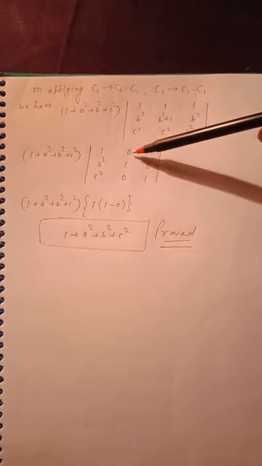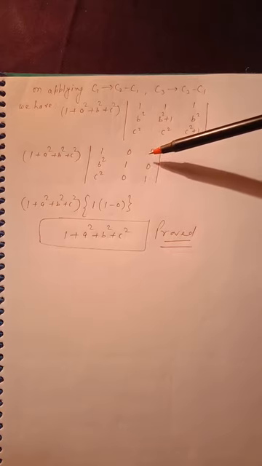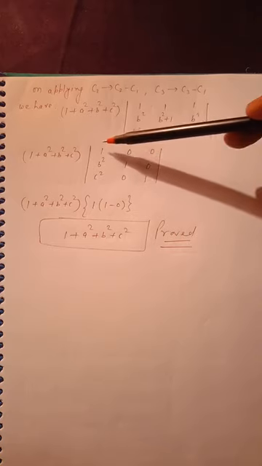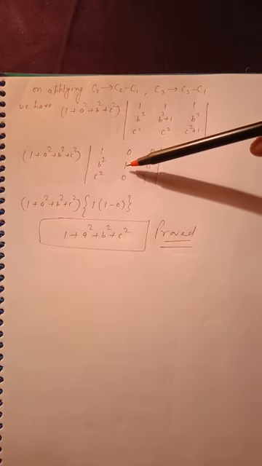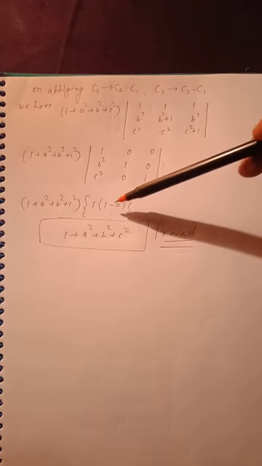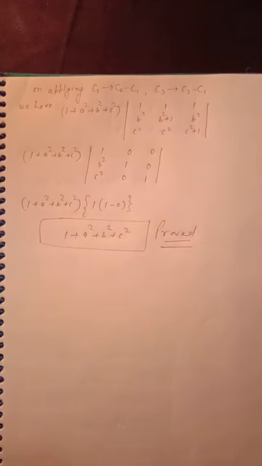So these two zeros are present, so I am expanding this determinant along the first row, because you must know a determinant should always be expanded along a row or column where the maximum number of zeros are present. So I am taking this one, delete this row, delete this column, you will get 1 into 1 minus 0. So finally we are getting 1 plus a square plus b square plus c square.